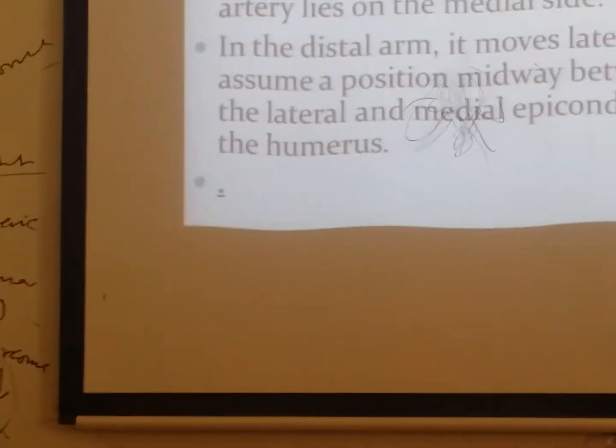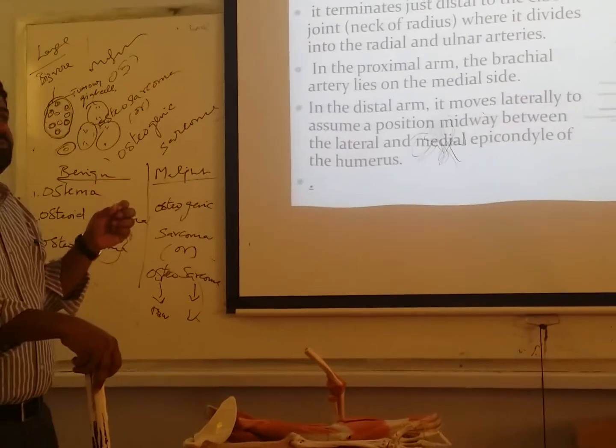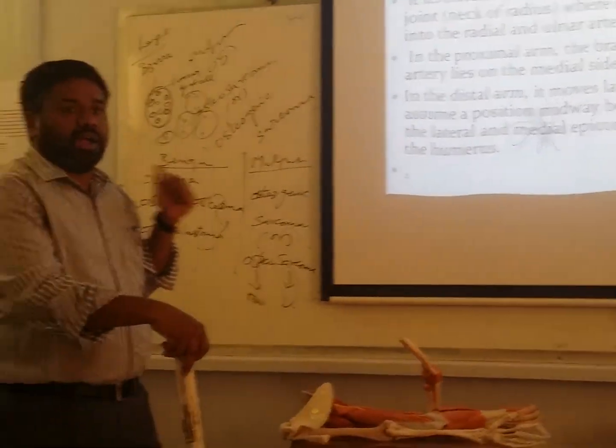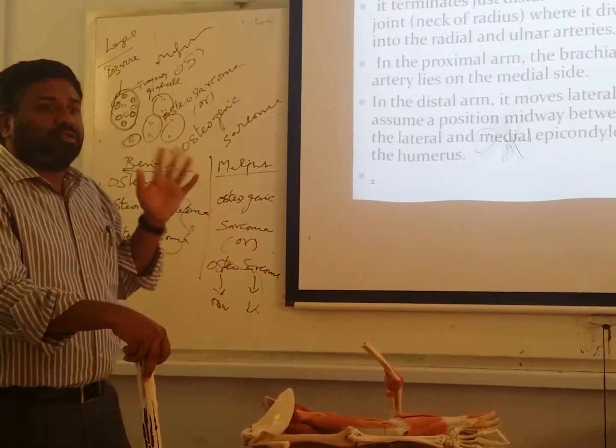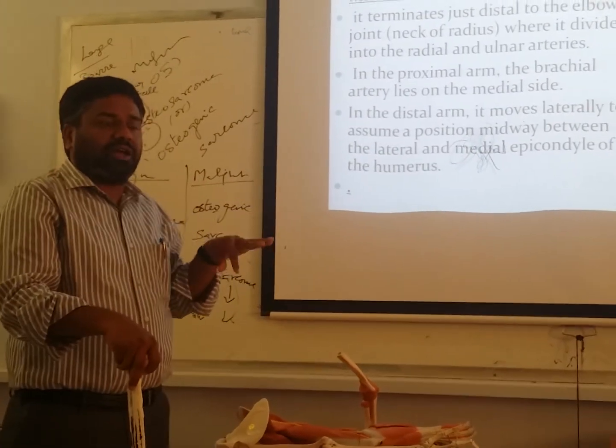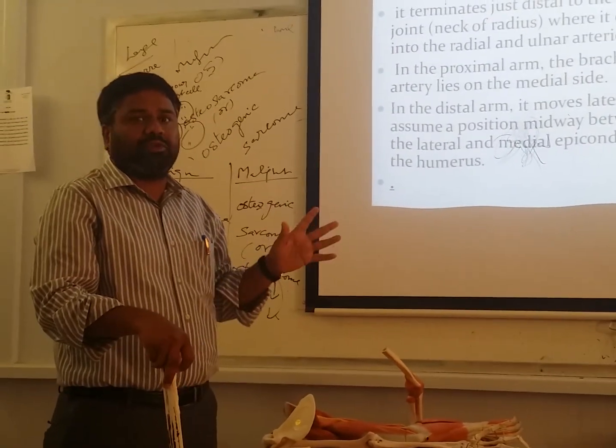See, this is the nutrient artery, which will be supplying the humerus bone. Okay? So these are the branches of brachial artery in the arm. Which is the biggest branch? Profunda brachii artery. What are the other branches? Superior and inferior ulnar collateral artery, nutrient artery, muscular branches.